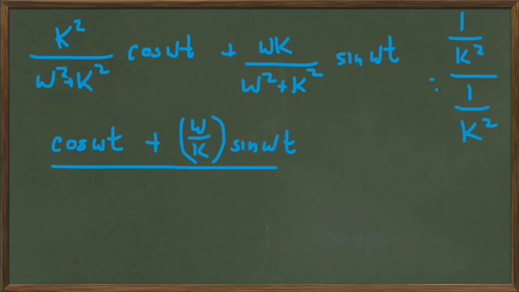Both denominators are divided by k squared, so k squared over k squared is 1, and the omega squared divided by k squared becomes this. And so